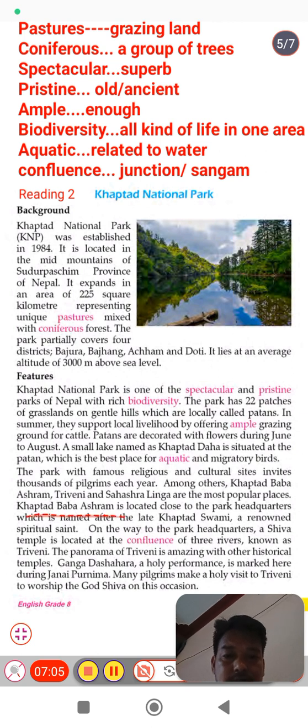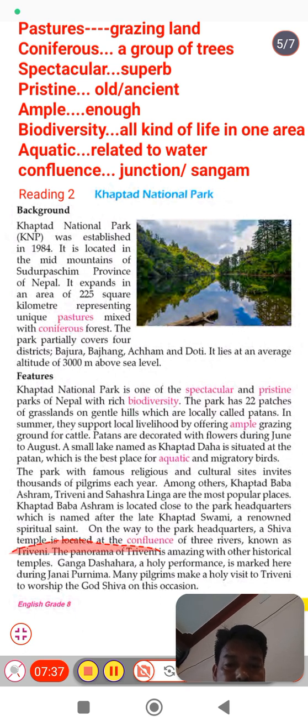Khaptad Baba Ashram is located close to the park headquarters, very close to the headquarters of this park, which is named after the late Khaptad Swami, a renowned spiritual saint. He was a saint. On the way to the park headquarters, a Shiva temple is located at the confluence of